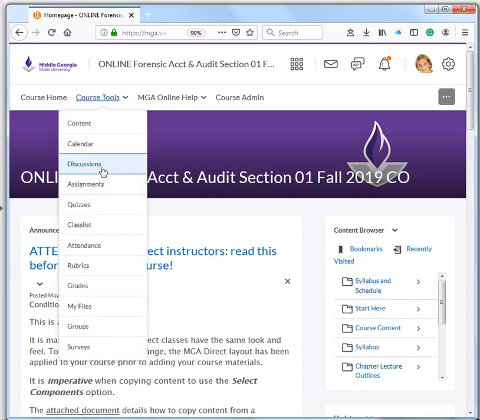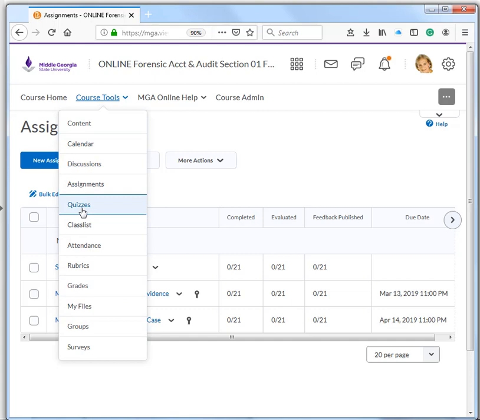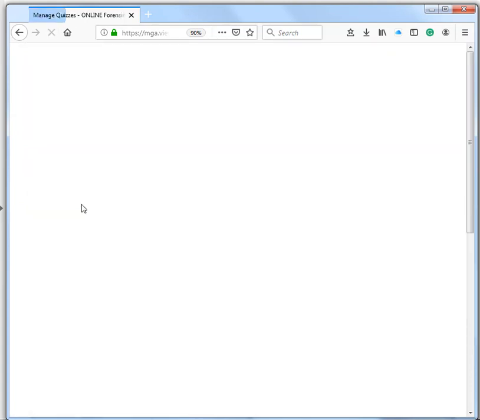Under Course Tools here is where you see the assignments, and under the assignments are the 2 big cases, Maidon and Mountain State. I haven't set up the deadlines yet. Those are still left over from the spring, but I will fix those. So those are there. There's a sample box if you want to play with it, just see how it all works. And then under quizzes here,